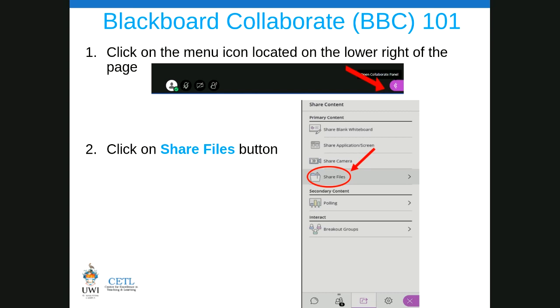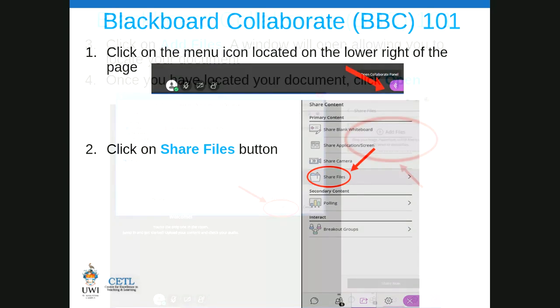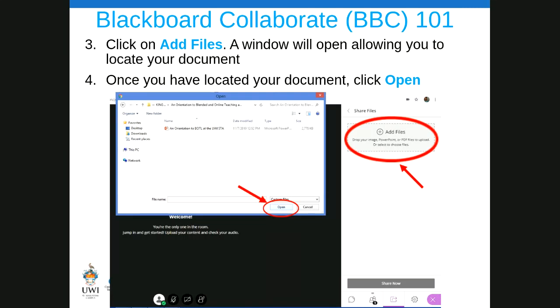All right. So when you click on this middle icon, you're going to see it ask you to search for your file. You're going to search for your file and then click Add File. You locate your document, and when you locate your document, you click Open. Now this is one way of doing it.